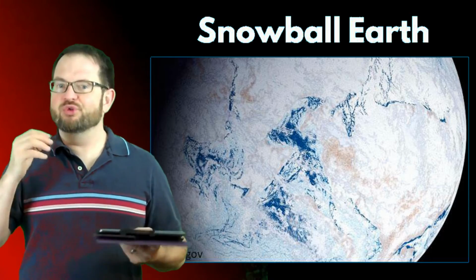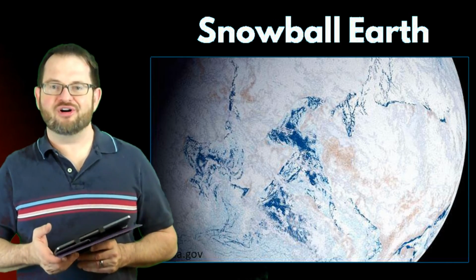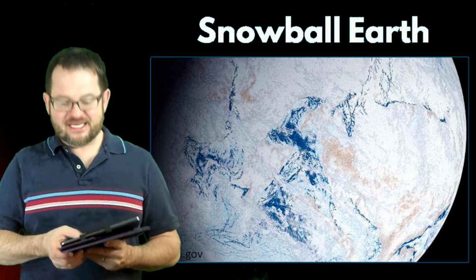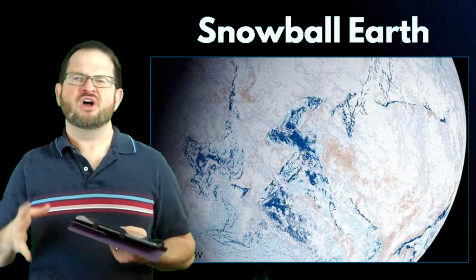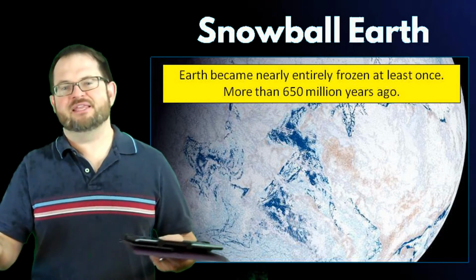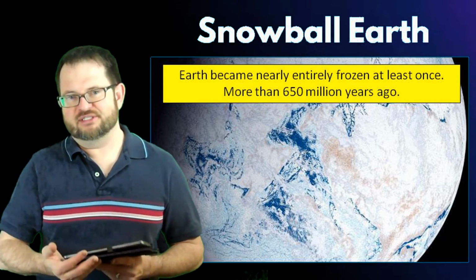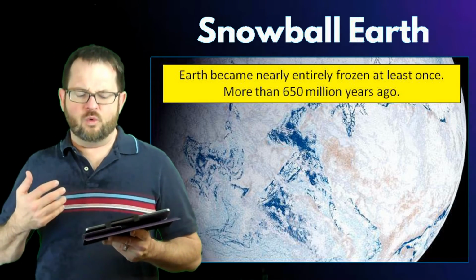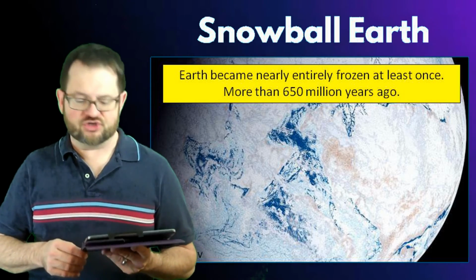But there are actually several really cool extreme events in Earth's history in terms of climate. I'm just going to talk to you real quick about two of them. One of them is the so-called Snowball Earth, where basically the whole Earth froze. There's some question as to whether it really froze all the way to the tropics, or did the tropics have fairly bad winters, but still everything melted in the summer? We're talking about something that happened 650 million years ago. There wasn't even all that much complex life in the oceans yet at that time. So this is a difficult period to study, although it's certainly an active period of research.